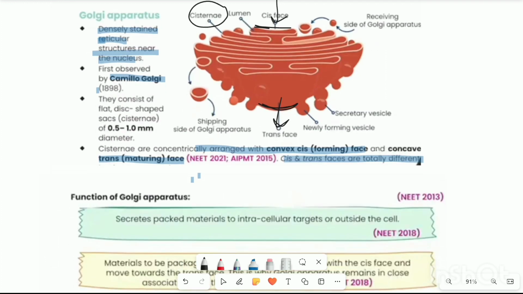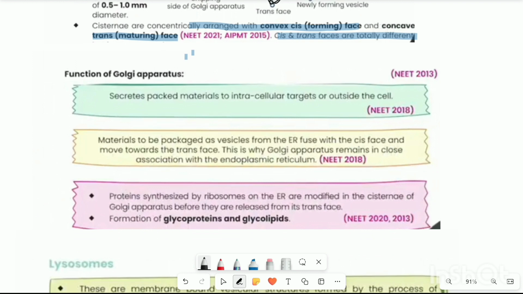What are the functions of Golgi apparatus? It secretes packed material to intracellular targets and outside the cell, which means from the forming phase the material comes, which we form, and we package it, pack it. Then after becoming a packed material, we take it out from the trans phase and it goes outside the cell for target cellular activity. And the materials to be packaged as vesicles from ER fuse with the cis phase and